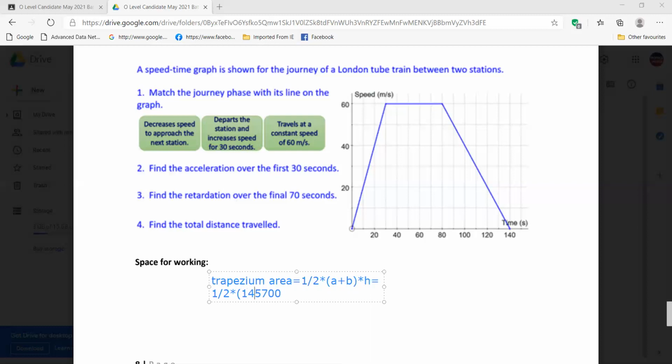Half, then 140 plus 50 plus 50, then into bracket 60, close, then multiplied by 60, right? Okay, now it's done. Then the unit should be meter, right? Meters. Clear now? Yes, sir. So this type of graph we can also calculate directly